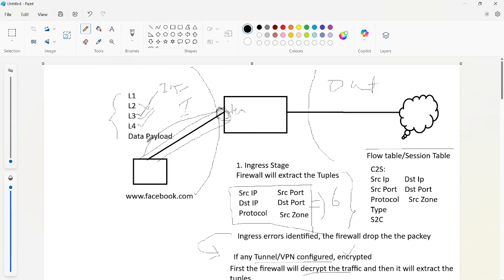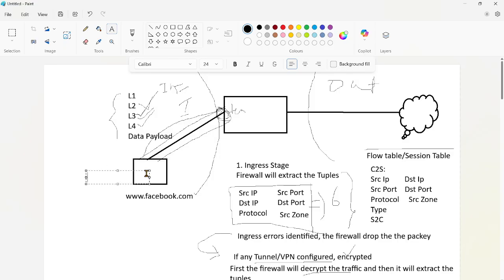Now we are accessing Facebook for the first time. Let's suppose we have a source IP like 10.10.10.1, and the destination IP is the Facebook server IP.